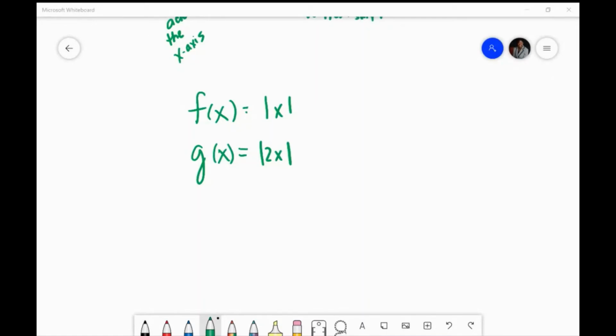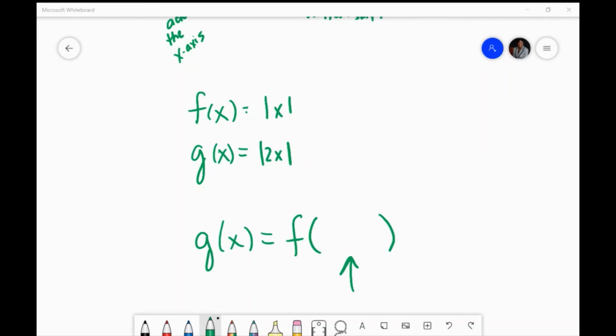G of x equals f of something. Okay. G of x equals f of something. And we're trying to figure out what goes inside the parentheses to make them look exactly alike. F of something. So we need to figure out